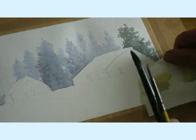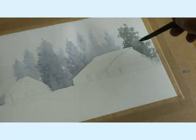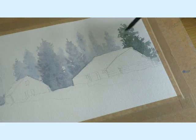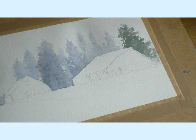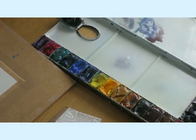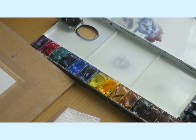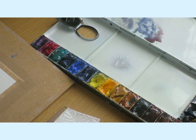Right, there's a bit there I'm just going to dab out. That'll do. Right. Okay, there we are. Right, going to tackle the barns now, and here's this reddish brown colour that seems to be popular in the States, so how do we